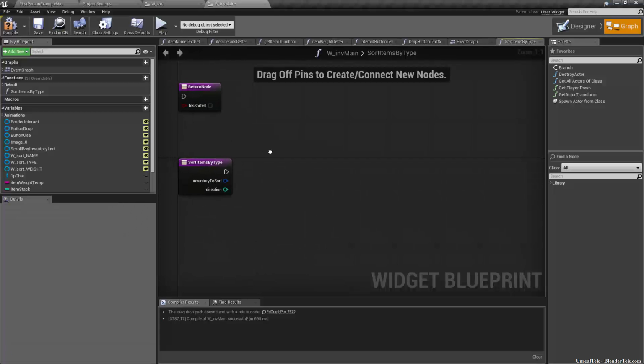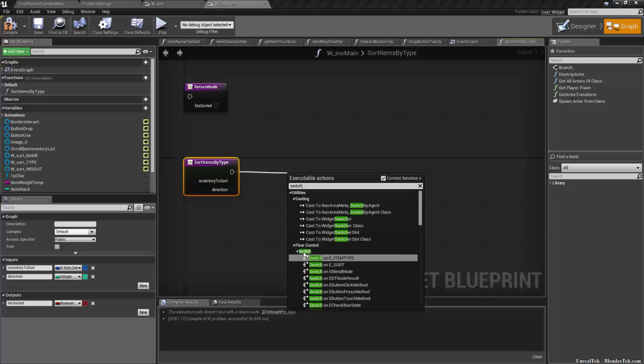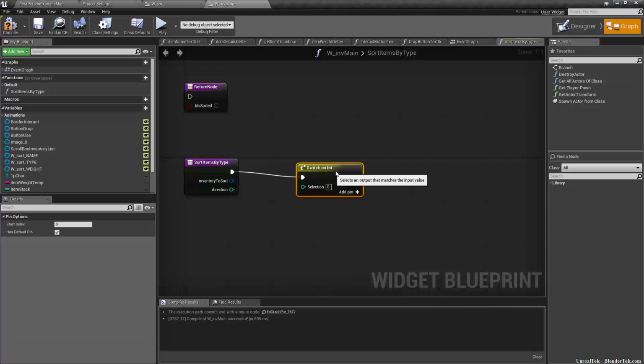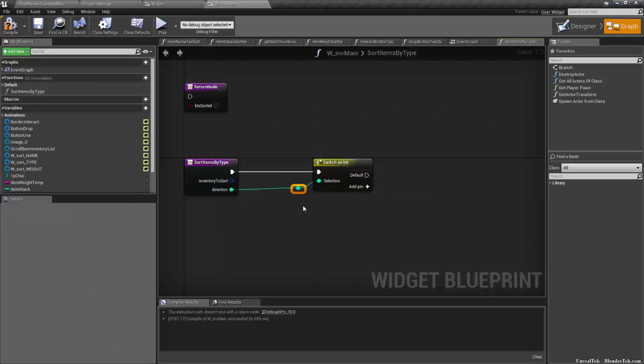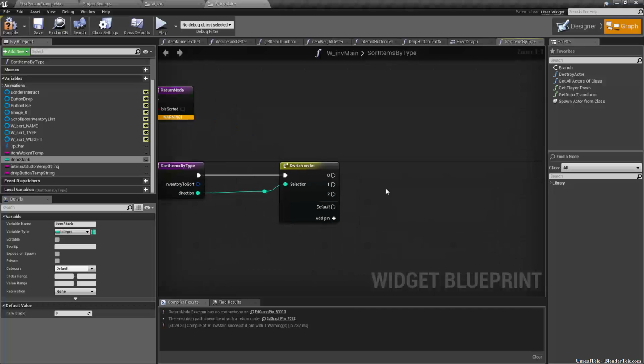All right, so when we come in, we want to do a switch. We want to switch on integer. And the integer we want to switch on is direction. Give that a little reroute node for cleanliness. And that should give us, and since we had two ways to sort, and you would use a default if you were coding, but we don't need to worry about that in Blueprint. We will have 3 different ways to switch. So we need to, on 0, that will mean